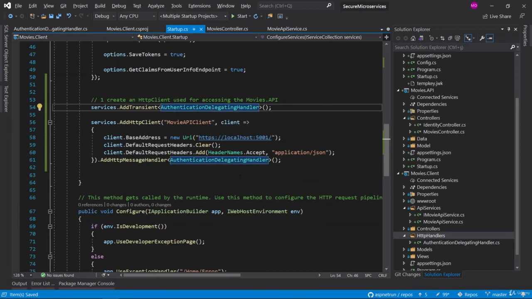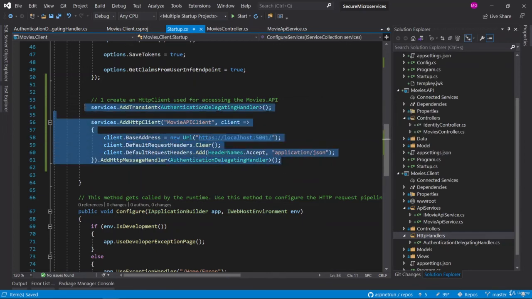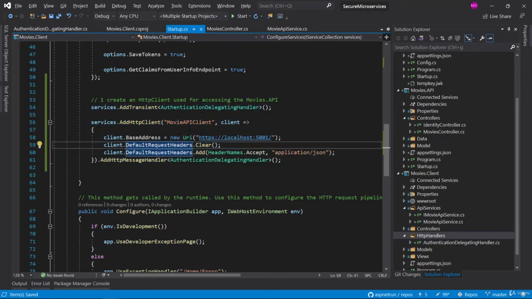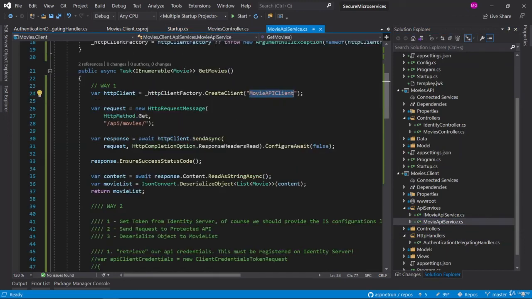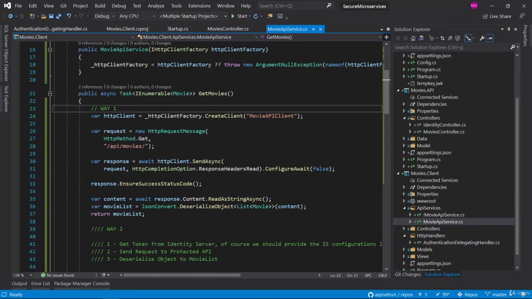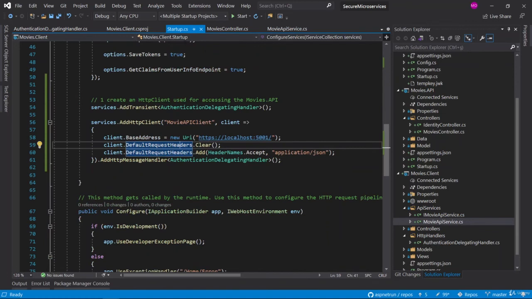Okay. So we have finished registering our movies API client. By this registration, we have provided the pre-built configuration. So it is an advantage to use just one line of code and only consume whichever method we want to consume. We are focusing on the logic in our service classes and providing the configuration in the startup class. And also we have an AuthenticationDelegatingHandler.